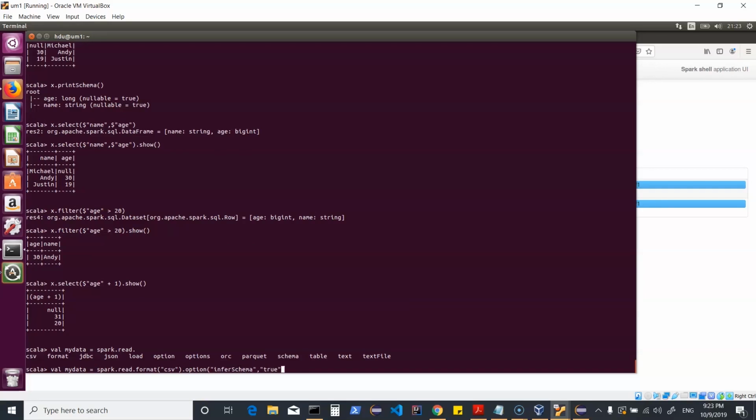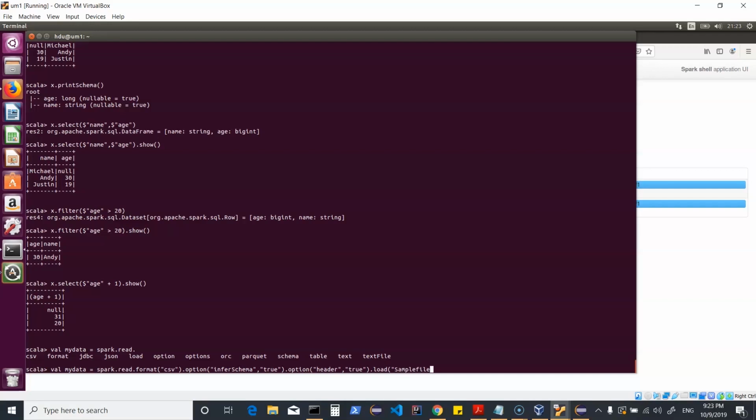So I'll say true. I will say option, and then I could also say a delimiter if you would want to specify. Now here I have infer schema as true, and we would then want header, that is first row in the file, to be considered as the header or the column headings. Then I can just say load, and I would want to load my file.